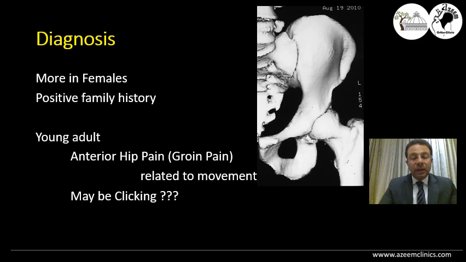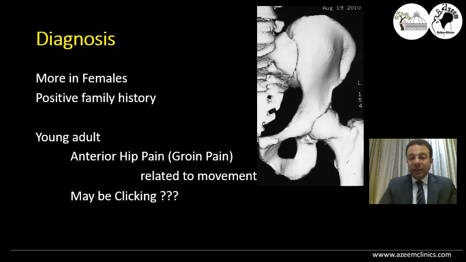Diagnosis: diagnosis of acetabular dysplasia in early stages is very difficult, and it should be suspected in any young adult coming with an anterior hip pain or a groin pain related to hip movement and position. Usually, a young adult presents with a hip pain. However, sometimes,